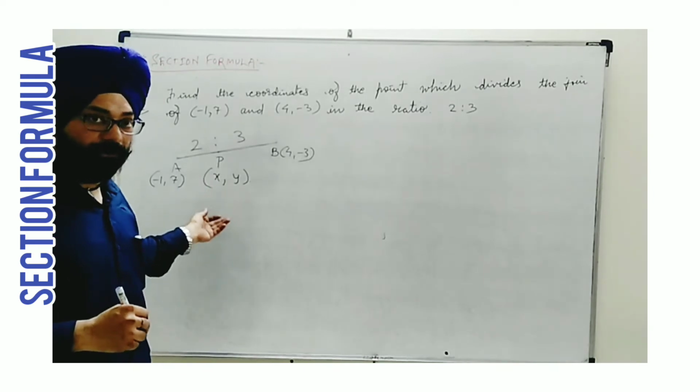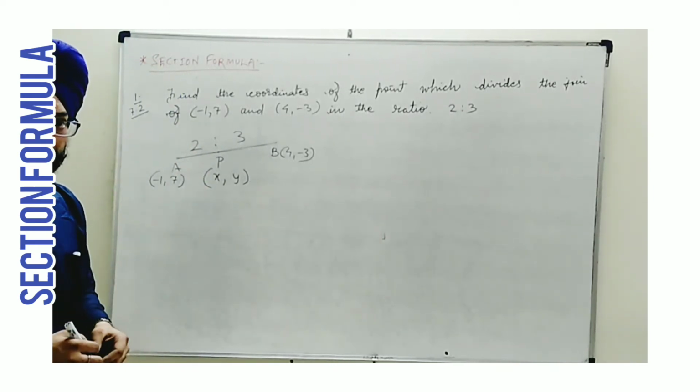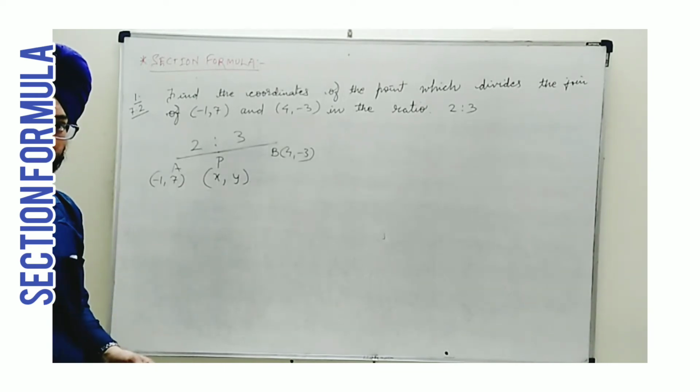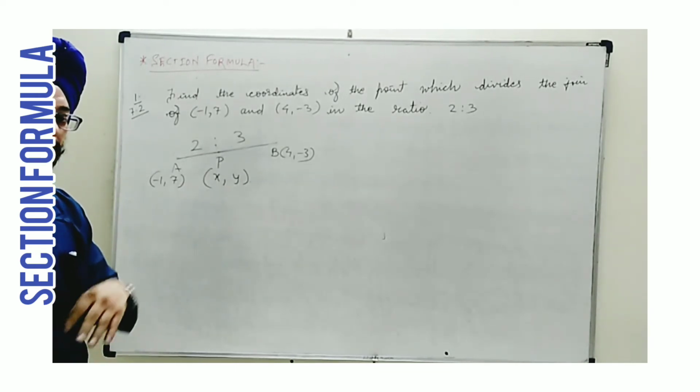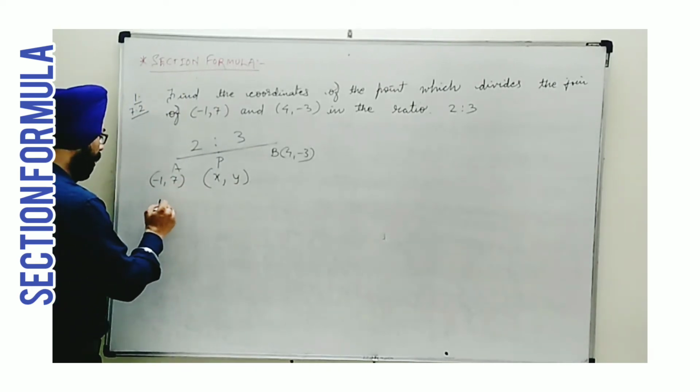Previously we were not given the ratio. Now here we have been given the ratio, and we need to find these coordinates. The same section formula is used whenever there is a case of division: one division, two divisions, three divisions, all we use the section formula. Now using the section formula